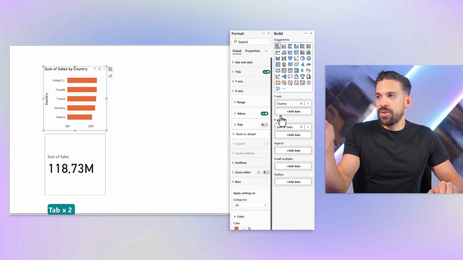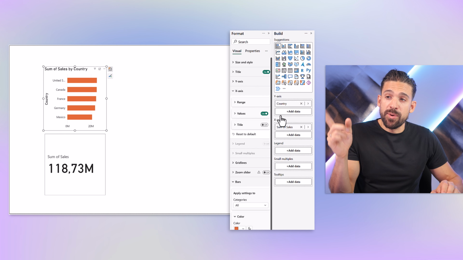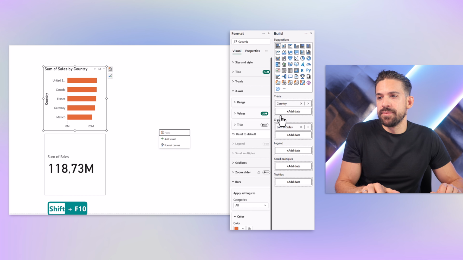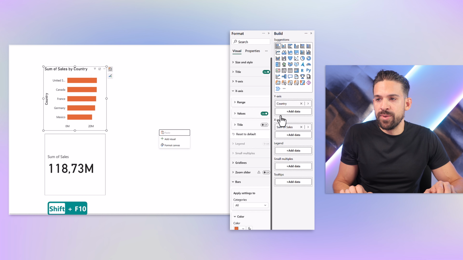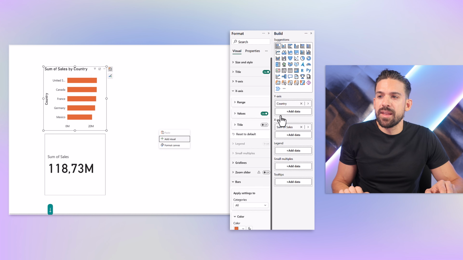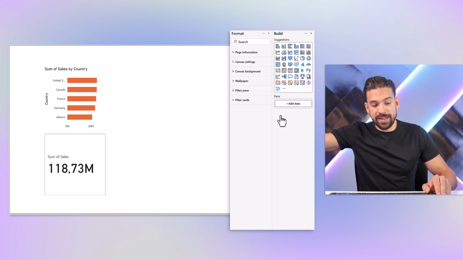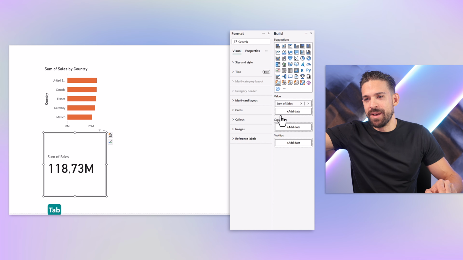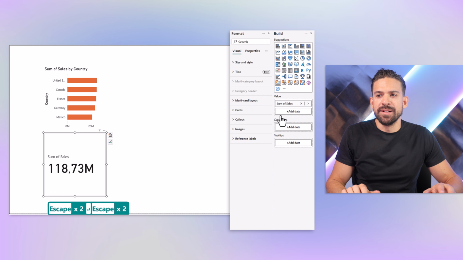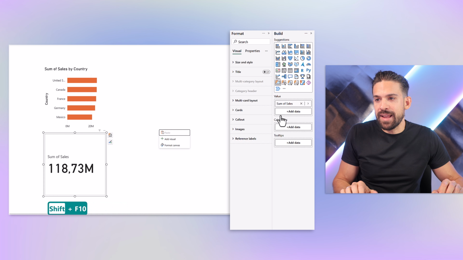All right, and I want to go to formatting. Now the formatting is still for that visual. That's also selected. A bit confusing. But what you can do is Shift F10, and then we get this little pop-up window over here. It's also relevant later when a specific visual is selected. And then here we can say that we want to format the canvas. Now I would expect the canvas formatting to be selected already. Press tab and it jumps back to that visual from before. Okay. Now you see it's a little bit inconvenient, so that I have to now press Shift F10, format canvas,